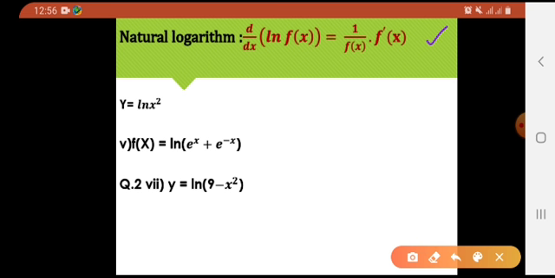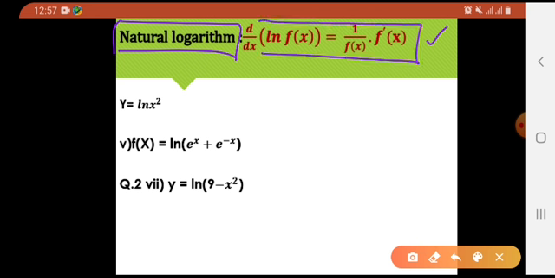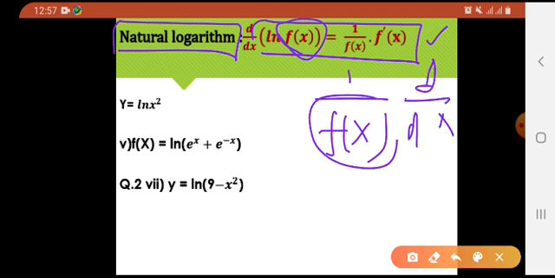Until and unless they will be giving you, like in the previous part, if they will be asking you to find the derivative of the common logarithm, उसके अलावा otherwise this would be used in your book all over. Very simple, the derivative of this is the simplest. क्या है derivative, कैसे find out करेंगे? It would be 1 divided by the function which is given to you, जो भी function given है वो, into derivative of this function. Clear?